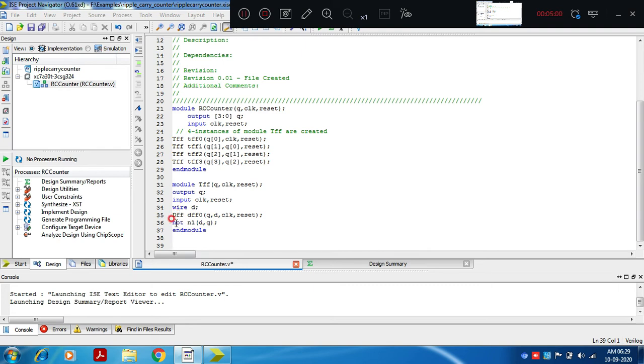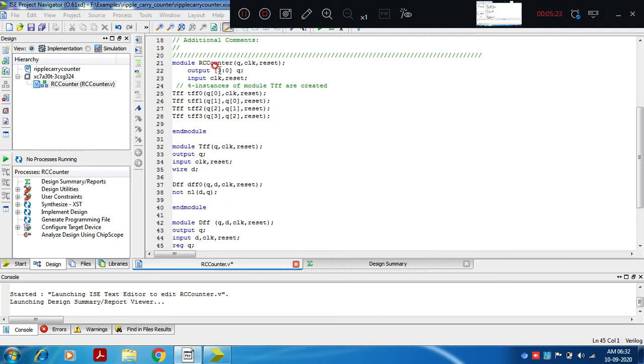The NOT gate is a predefined component, so there is no need to write a description for it. It is already available with the package or the tool. For the D flip-flop, the description is not defined, so it is a user defined component. For that we need to write the description next.